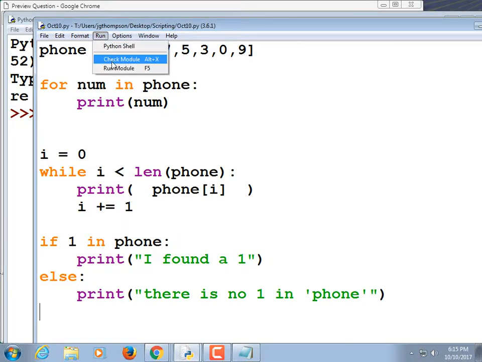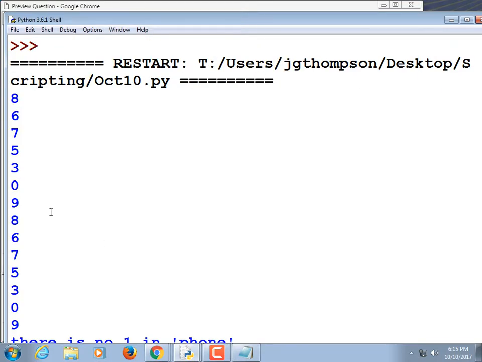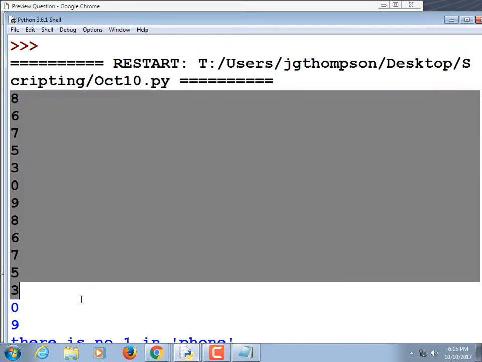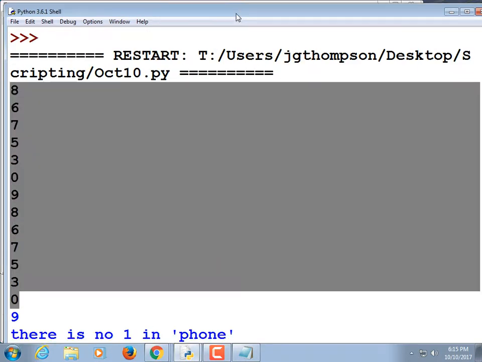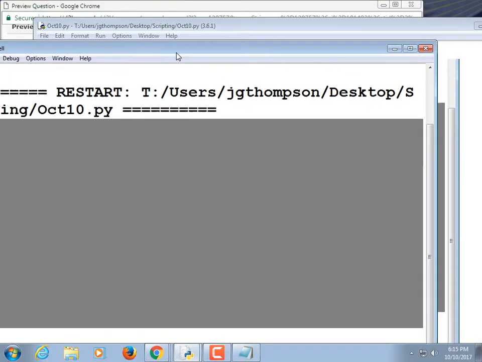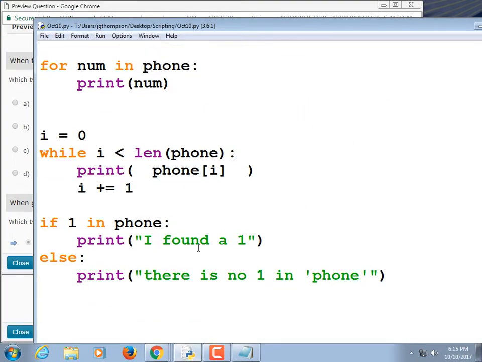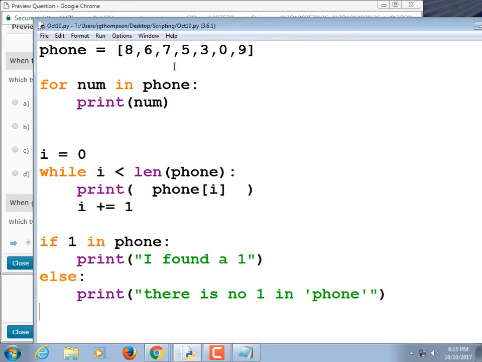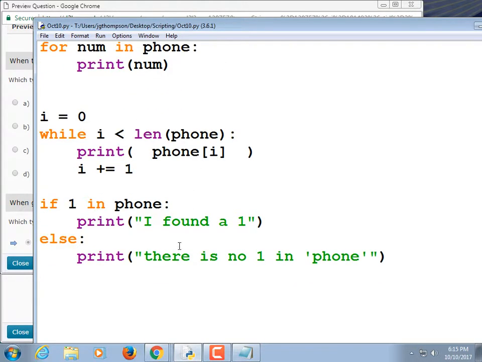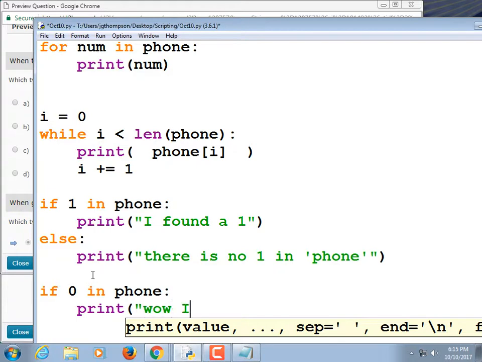About time to run it, make sure it works. Alright, it printed out the numbers twice as we expected, and then it says there is no 1 in phone as we expected. And if we substituted a number that really worked, you know, like a 0, it would work. If there's a 0 in phone, print, wow, I found a 0. And